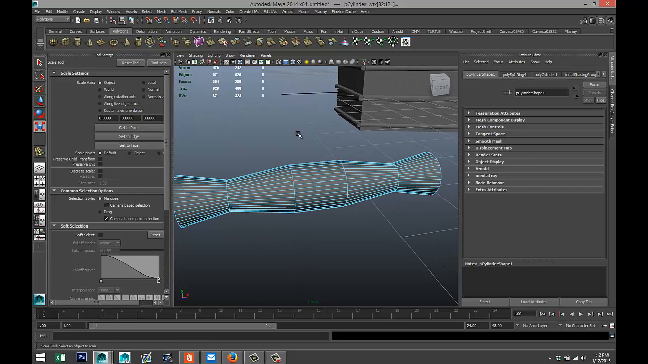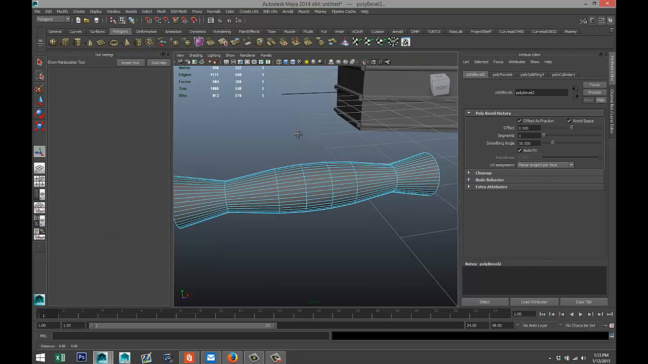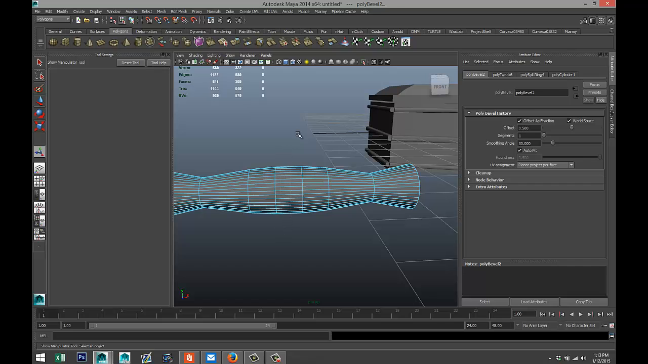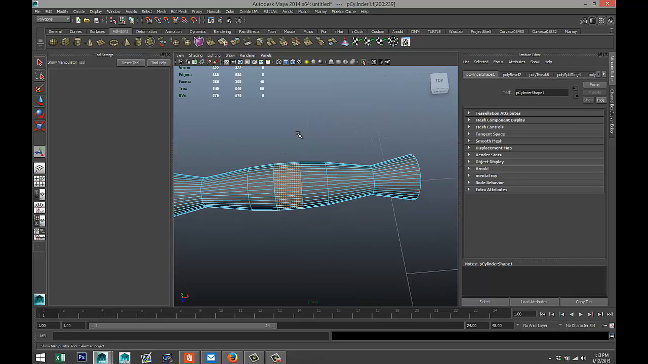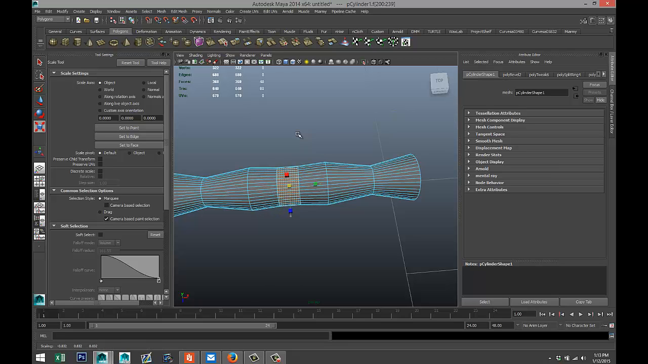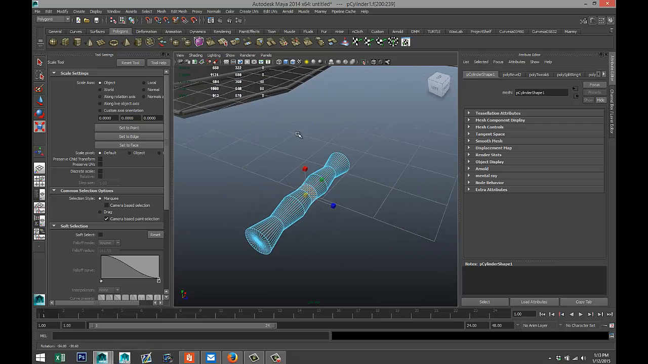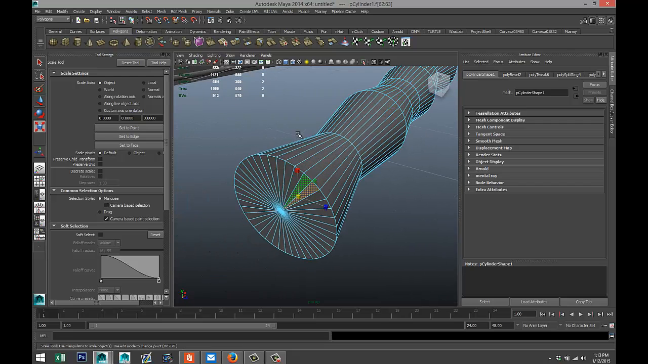Right click edge, double click on those two edges, edit mesh bevel. Right click face, drag select that middle section, make sure we've got nothing else, hit R and scale that in again. Alright, and then we are going to, let me think,